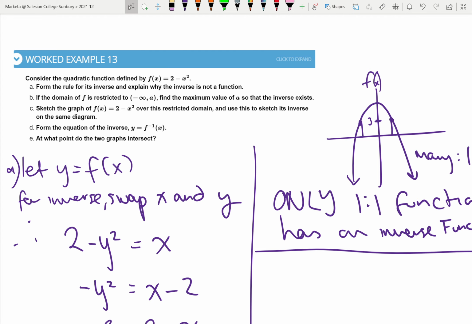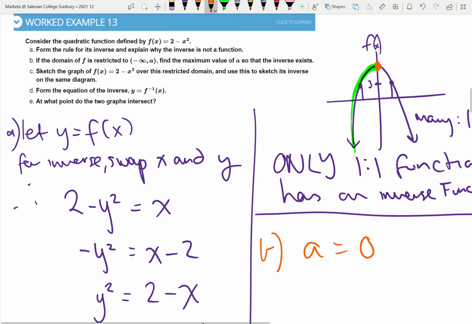So if the domain of f is restricted from negative infinity to a, so it must be like this, find the maximum value of a, so the turning point value, so that the inverse exists. And we can see really quite clearly that the x value is 0 here. So for part B, a equals 0, and that means that our